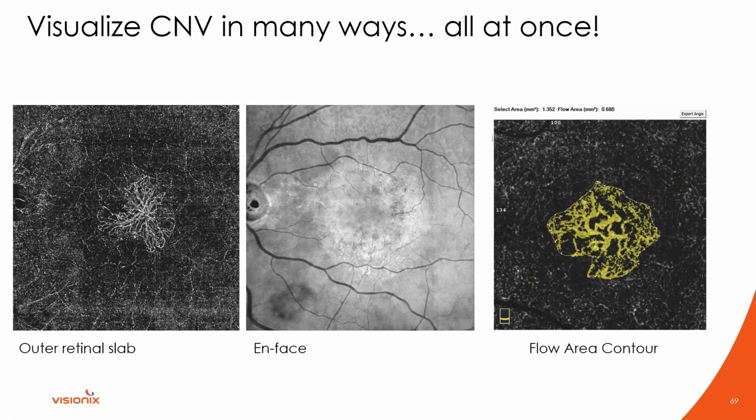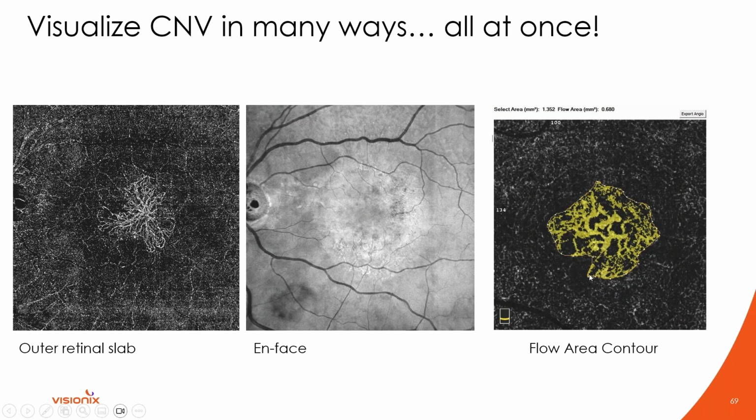And here is the OCT-Angiography. And remember that you can look at this in so many ways. You can look at it with your outer retinal slab or choriocapillaris slab. You can do an en face cut, which really allows for another way to visualize blood flow in this abnormal area here. And then this is showing you one of the features of the angioanalytics where you can